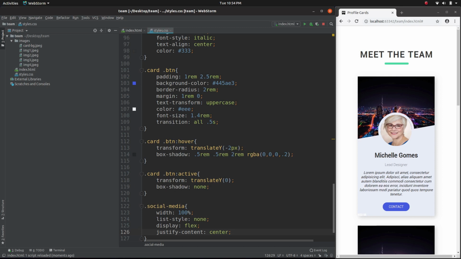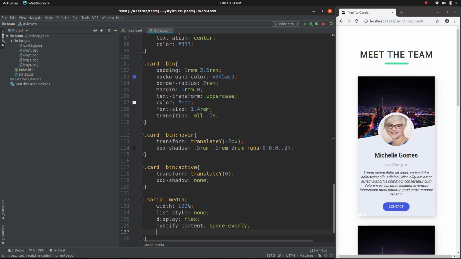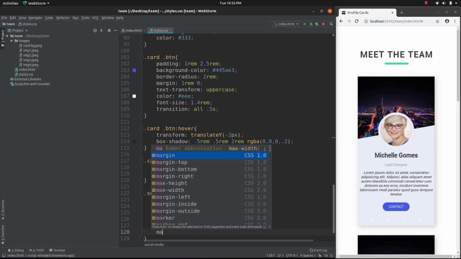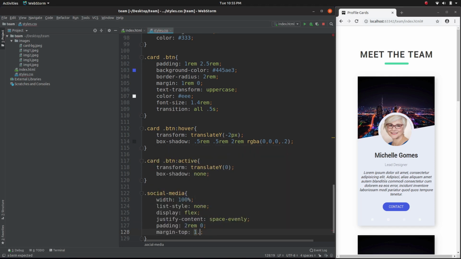Well, actually no, it was space evenly. So it's gonna divide all the available space evenly. And padding 2 rem top and bottom, and then 0 left and right, as well as a margin top of 1.5 rem,